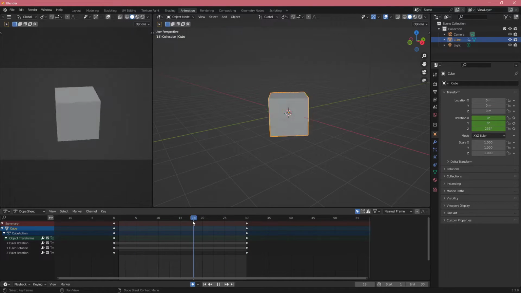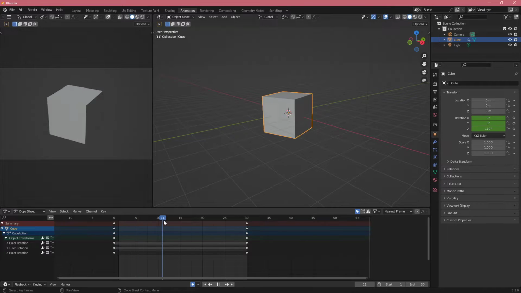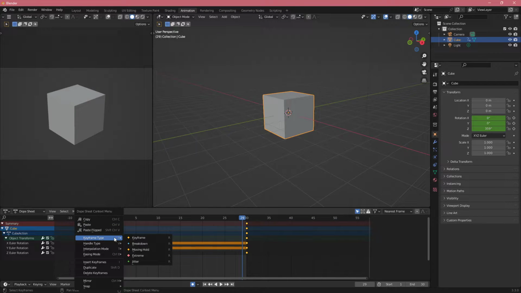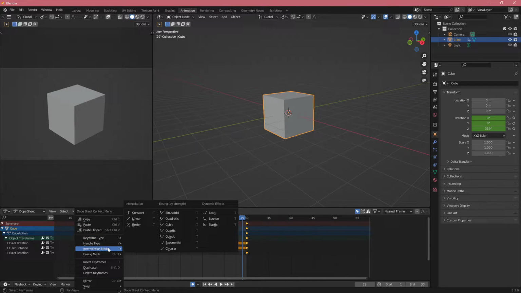Now, why does this happen? Why is our interpolation between these two keyframes slow, then goes faster, then slows down? The reason for this is that the interpolation is not linear. So if I click A here and click E, or actually, let's right click and then interpolation type,